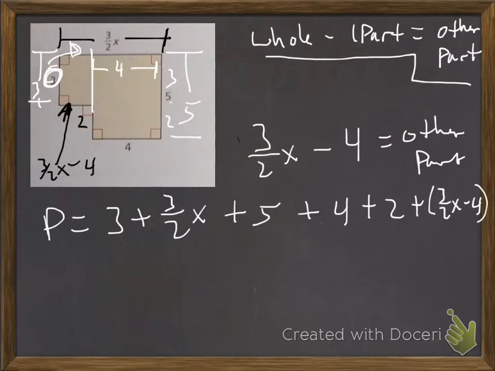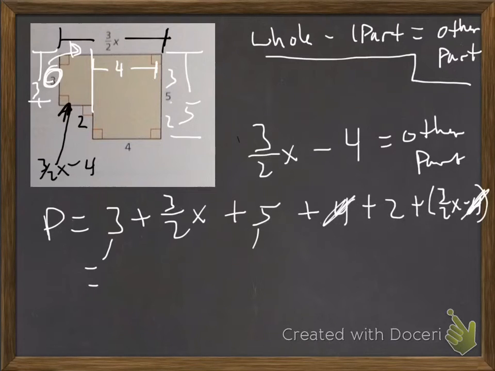A long expression for sure, but we can simplify it and it probably won't be that bad. So I'm going to start by thinking about combining like terms. So I have a 3, I have a 5, so adding those together gives me 8. Plus 4 puts me to 12, plus 2 more, I guess that would be 14, and then minus 4. So maybe I think about it, I'm like, okay, well I added 4, and then I'm subtracting 4. So I'll do the add 4, subtract 4 from the beginning, and say that adds to be 0,